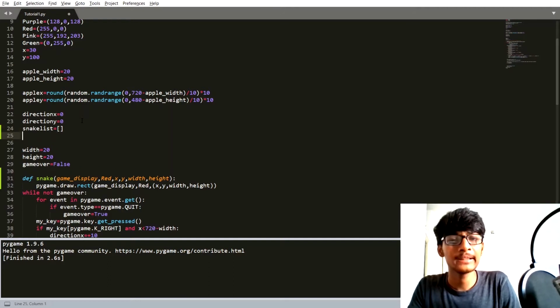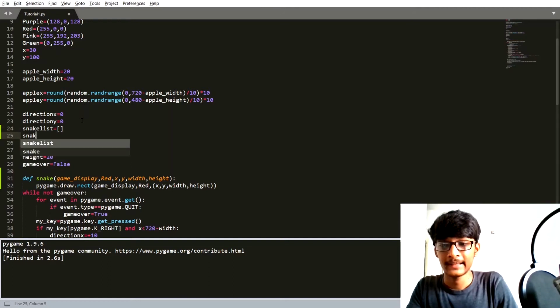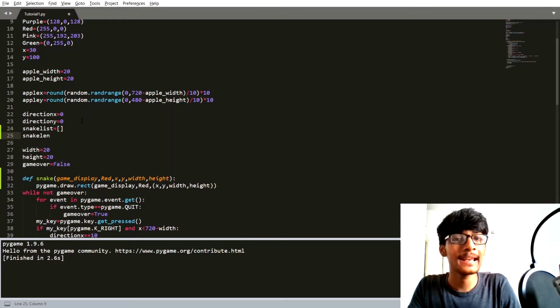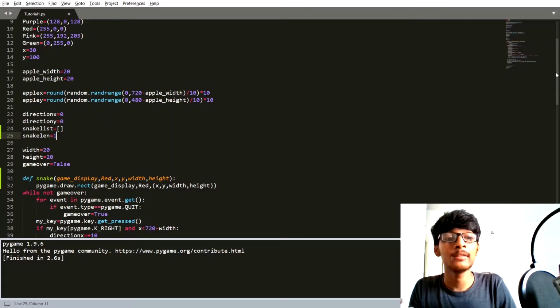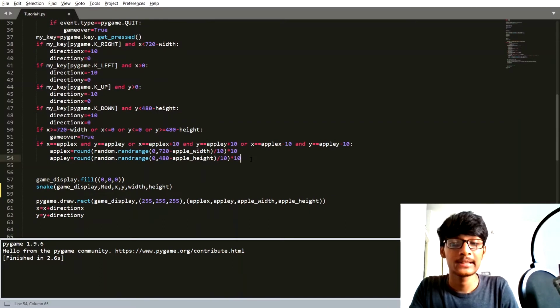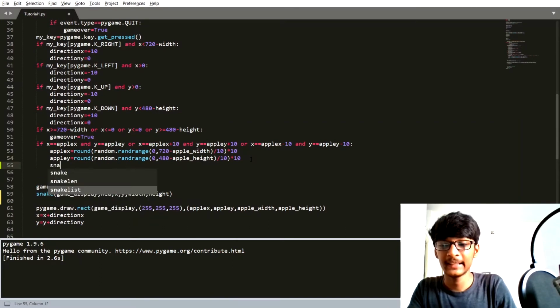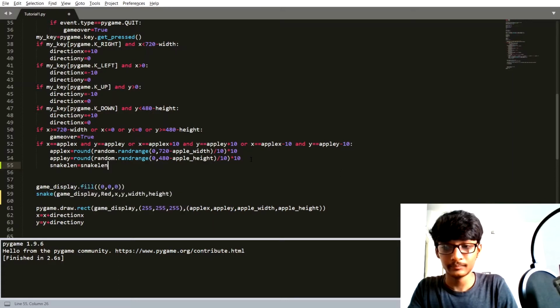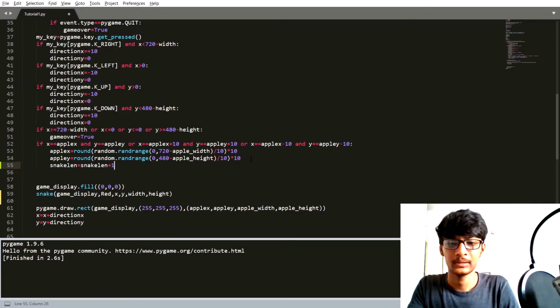The second variable is snake length. The initial length of the snake is equal to 1. Whenever our snake eats that apple, that time we will increase the length of the snake. So inside our if statement we can simply increase the length of the snake by 1, plus 1 whenever our snake eats that apple.